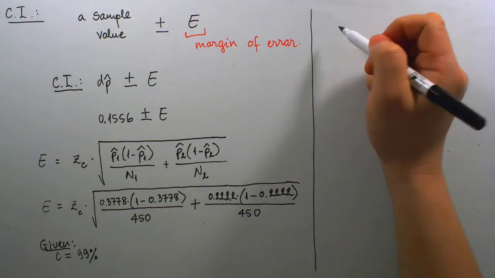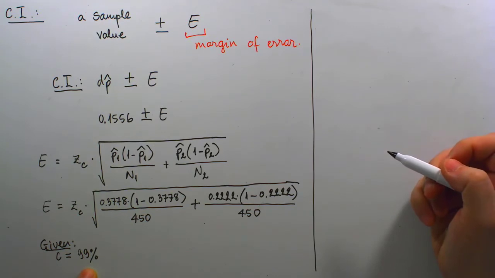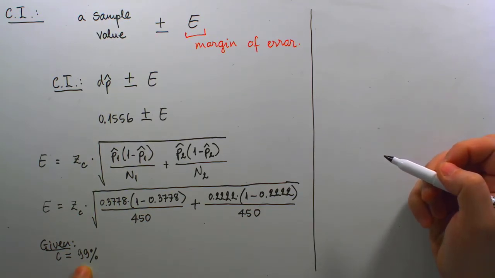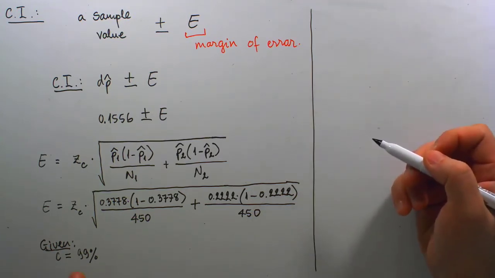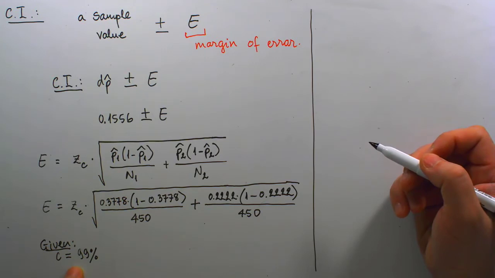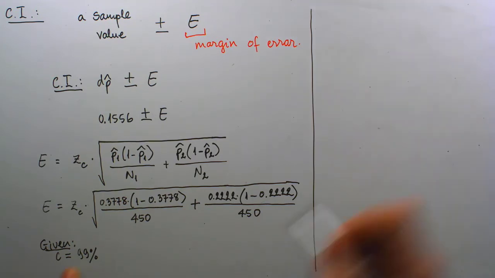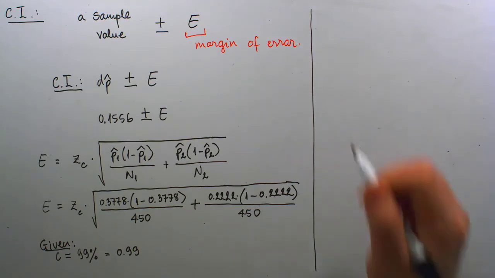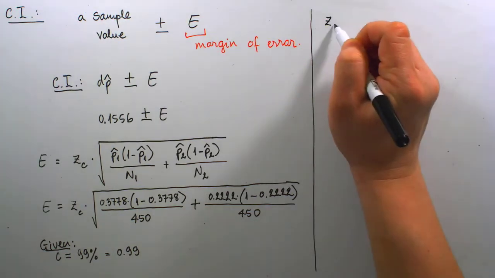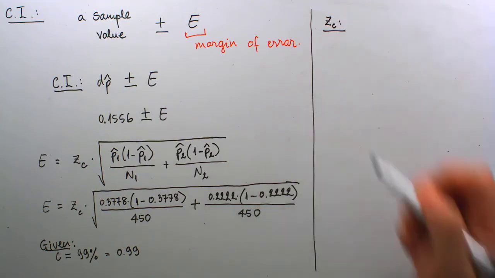Even though confidence levels a lot of time are expressed or given as a percentage like this in our problem, when it actually gets into doing any real calculation with this confidence level, we will need to write it as a decimal. So I'm going to write this as 0.99 in decimal for any calculation that later on uses this confidence level. So now let's find z sub c, and allow me to be a little skippy on